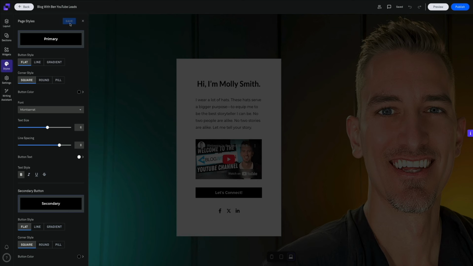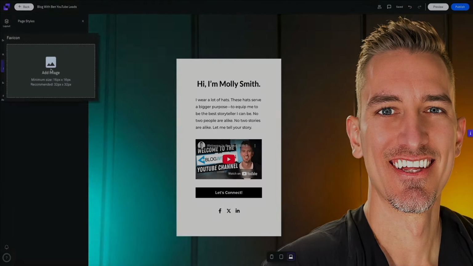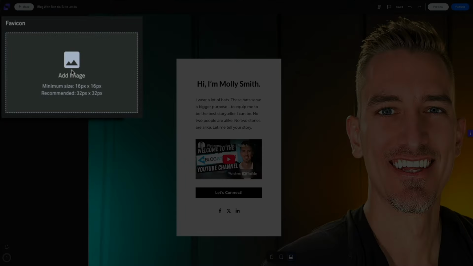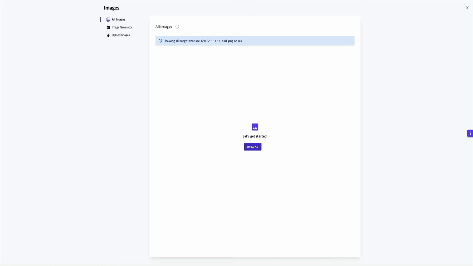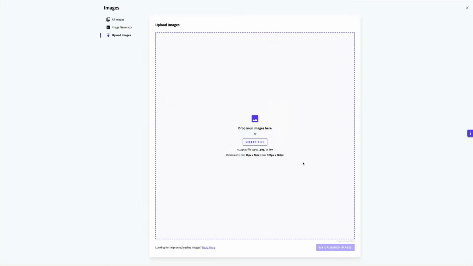While you're still in the Page Styles panel, click the favicon tab along the top. Then click Add Image, and this will open your image library where you can upload a favicon file. Now, I'm gonna go somewhat quickly through the steps to add the image of the favicon, but just make sure your image meets the requirements of either 16 by 16 or 32 by 32 pixels and in a PNG or